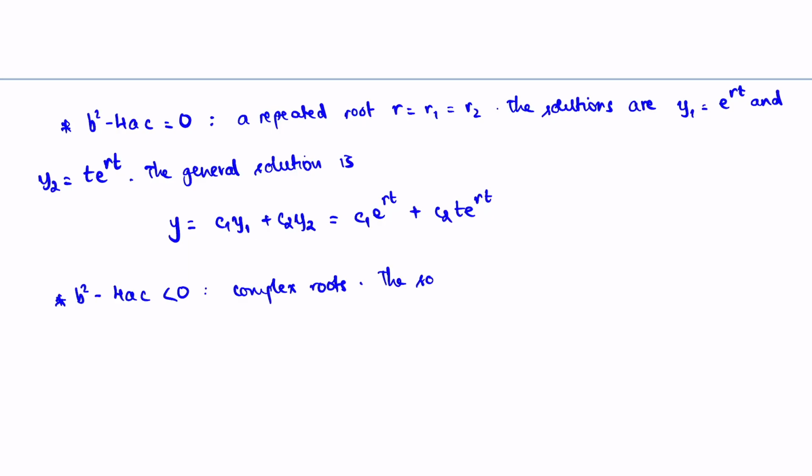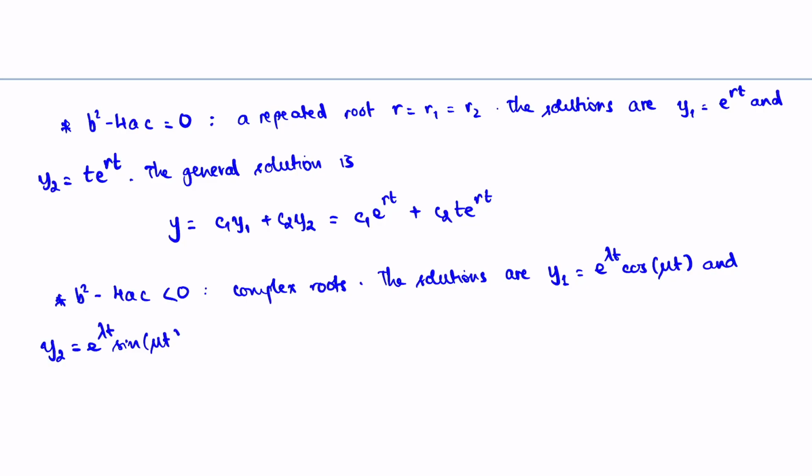So the solutions are y1 equal to e to the lambda t times cosine of mu t, and y2 equal to e to the lambda t times